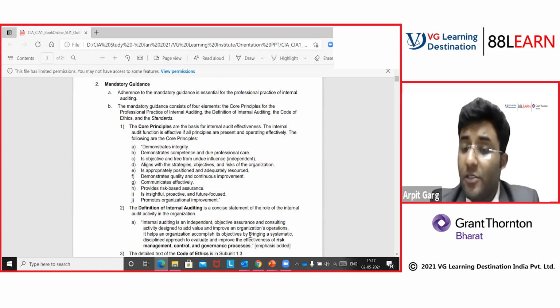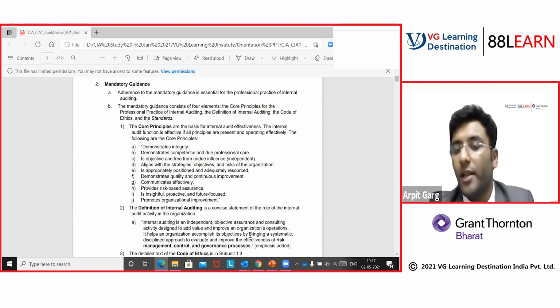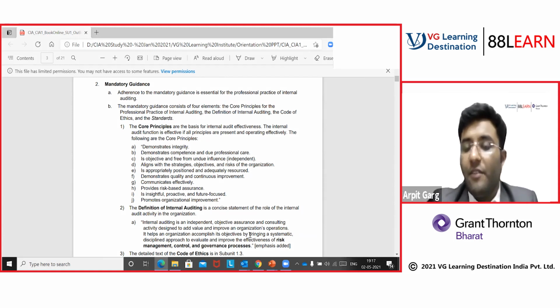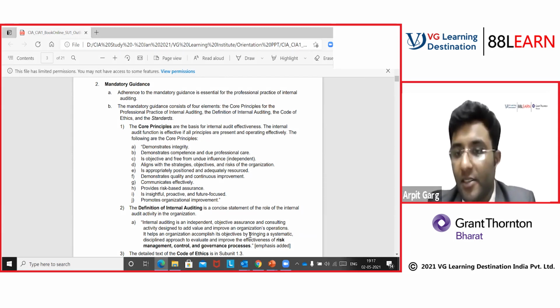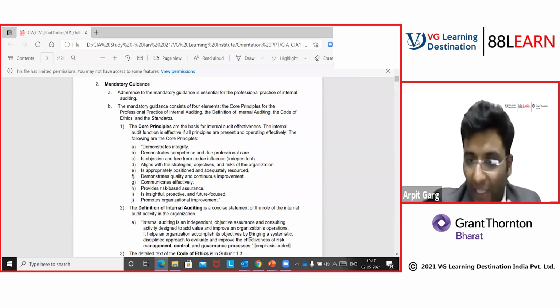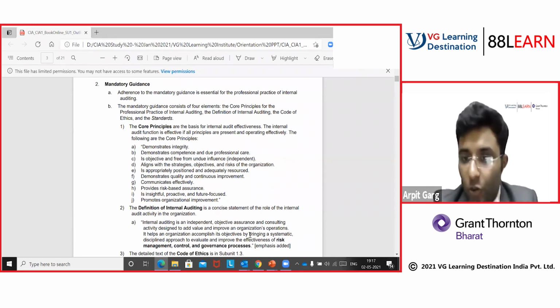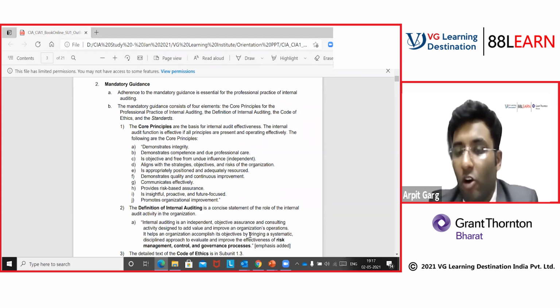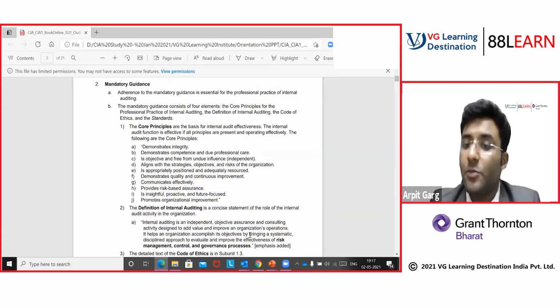Okay. Consulting is where it's basically recommendatory in nature, where the client or the process owners or any stakeholders request our guidance. So in consulting, usually we have two stakeholders. One is the process owners, the other is the auditor, or you can say the internal audit function, wherein we are trying to guide them on the best industry practices and give them consulting. We're trying to show them how they can improve in the process. Okay. So assurance is where we actually do the auditing, due diligence, and look into the compliance part. Consulting is more from the guidance perspective.